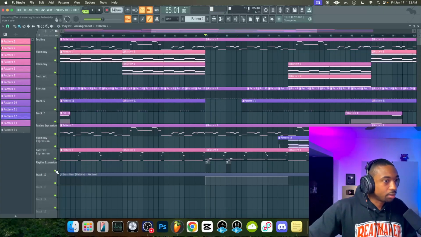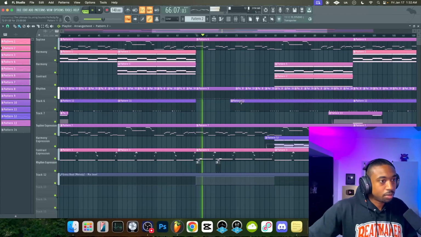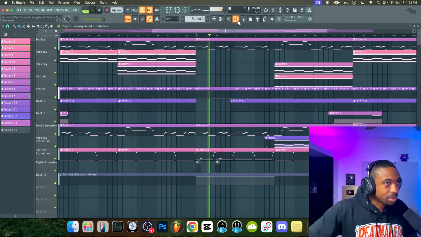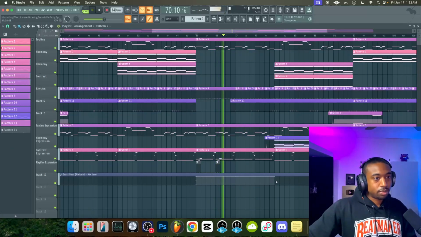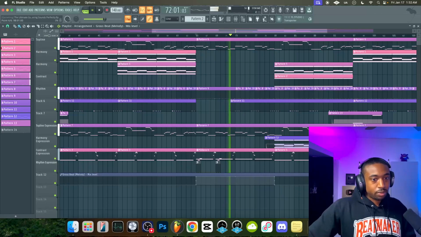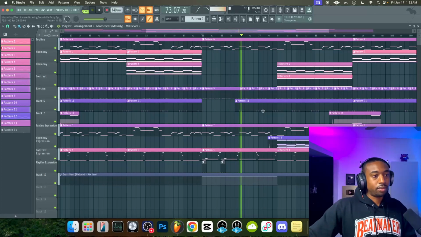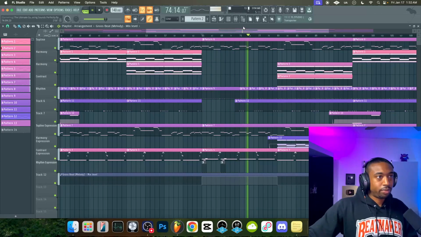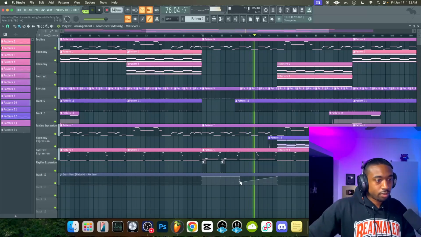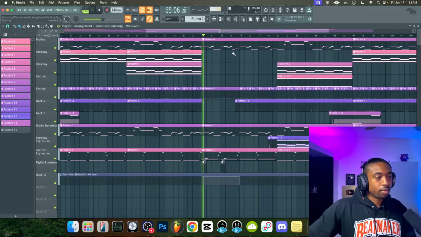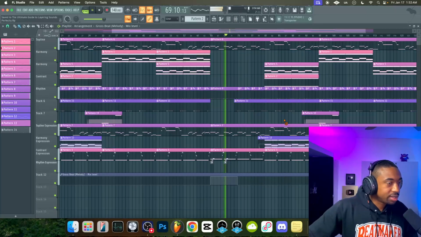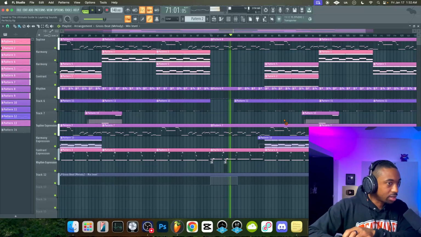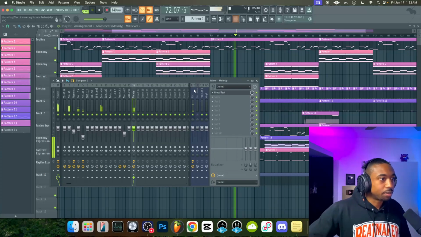This is more of a breakdown here, and then we can bring in the kicks and the drums. So this would be our B section where we don't have all the layers happening. We just have soloed, focused instruments.